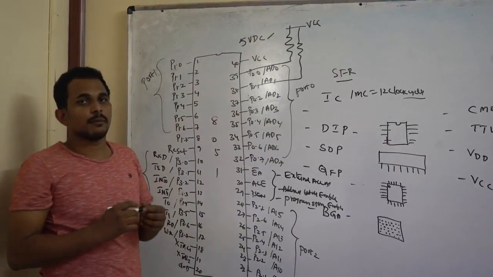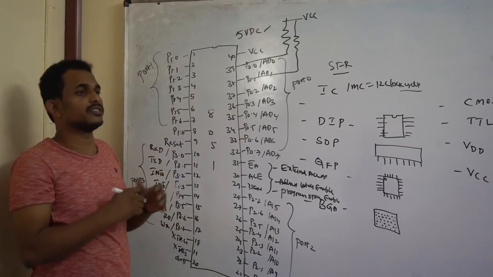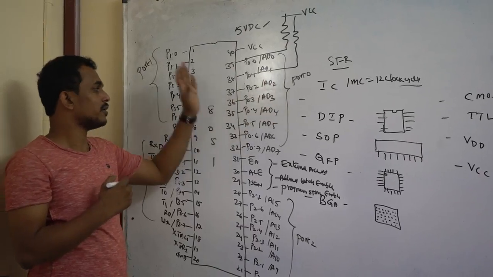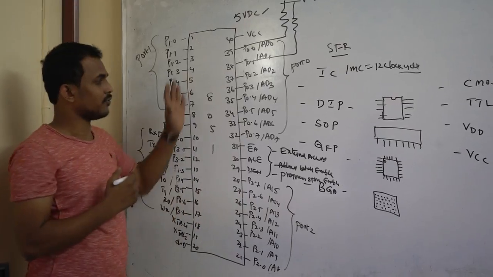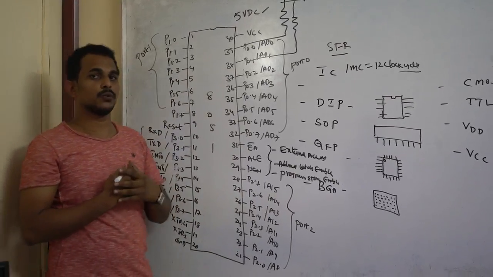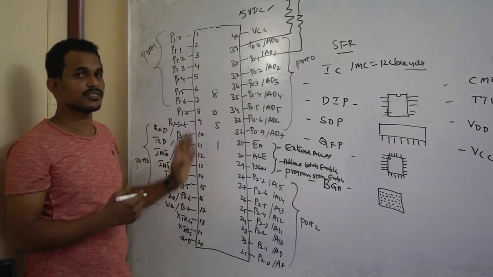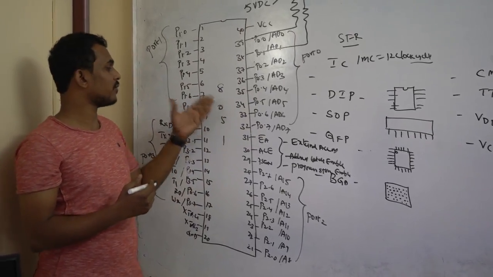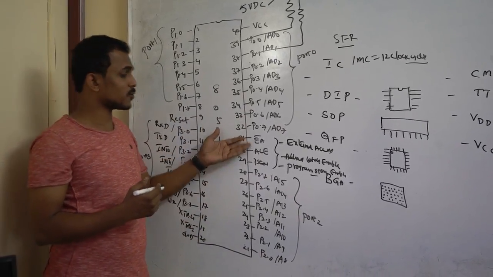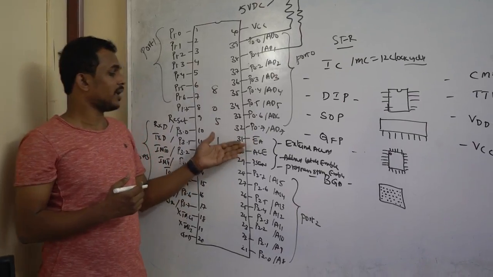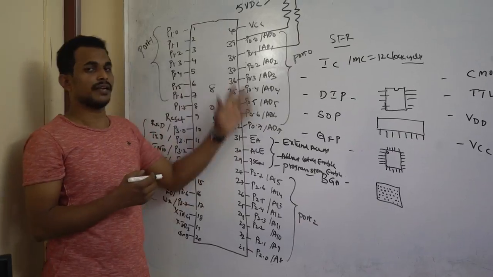Okay, so this is the complete working of the pins of your microcontroller, which is very easy to remember. Port 0, port 1, port 2, port 3: only for IO pins purpose you have 32, and the remaining 8 are what? Simply for power supply purpose, we are using VCC and ground. 9 is reset. 18 and 19 are the 2 oscillator pins, and the remaining 3 control lines are for external access: EA, ALE and PSEN. So this is the simple 40 pin microcontroller pin diagram.